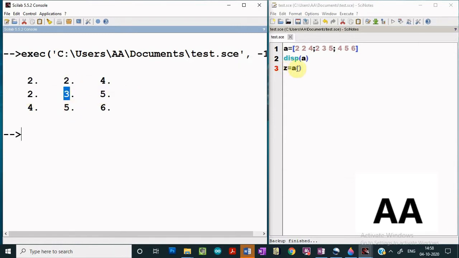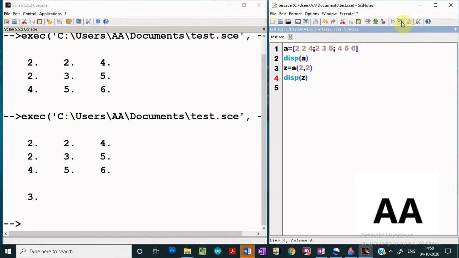So the index which we have to pass over here is 2 and 2. If I pass this index and display its value, let us see what we get. Do we get 3 or not? So we see that we are getting 3. That means we are able to access this particular element.